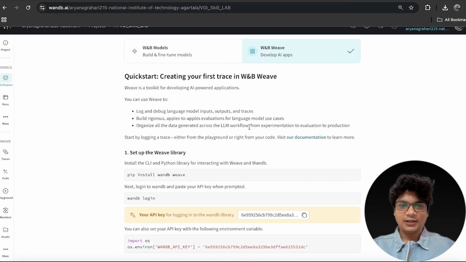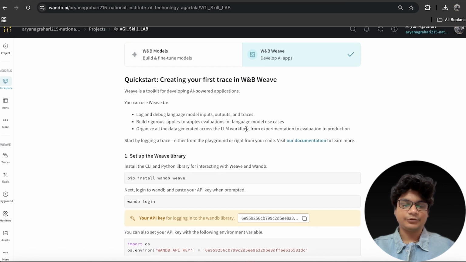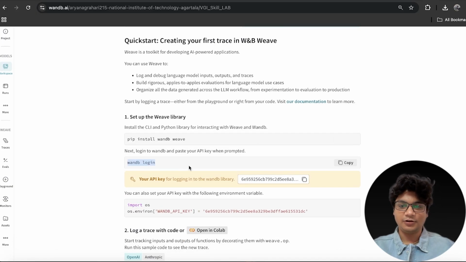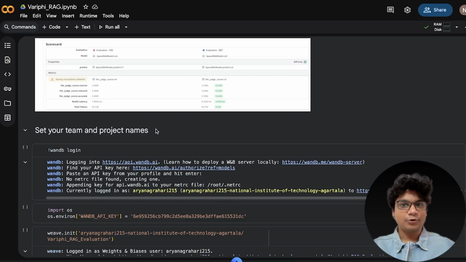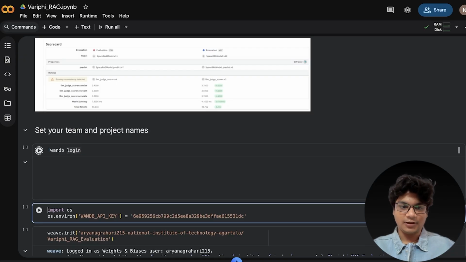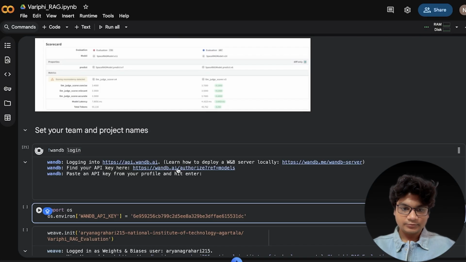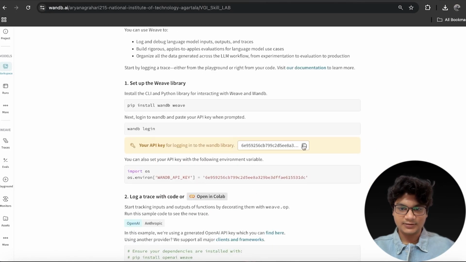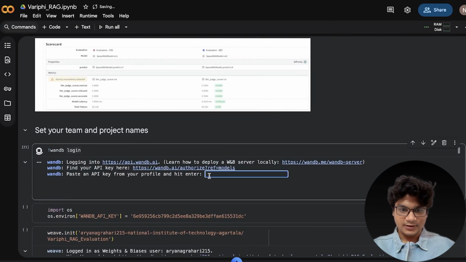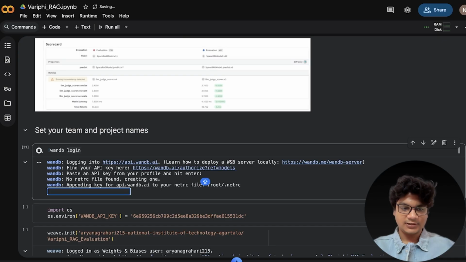Now it gives you instructions on how to set up so that you can connect your local RAG pipeline with the WandB cloud. First you need to log in. So I will log into my projects. If I do wandb login, it asks to enter the API key. So just go here and paste this API key. That's it. If I just click it,